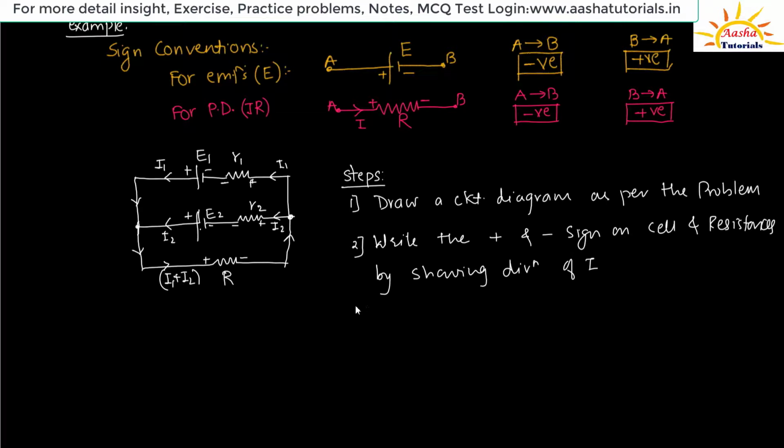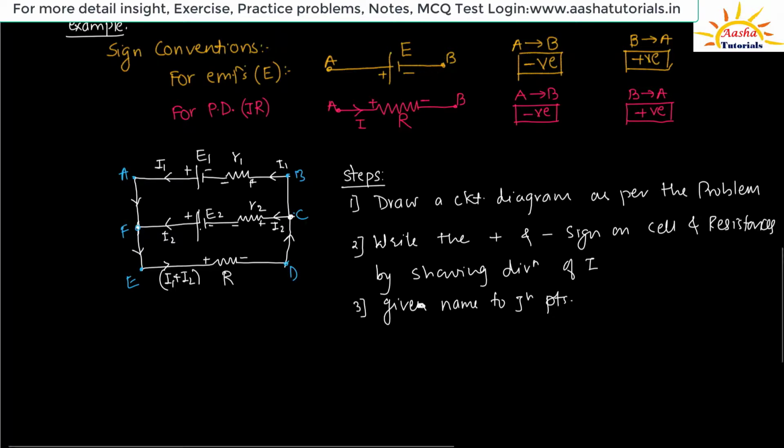A very important point is that wherever you find a junction, there we have to give a certain name. That is the second step we are supposed to do. So give names to the junction points. Let me give names to these junction points: let's say A, B, C. Then here we have one junction that is D, E and F. So actually this should be the second step, right?